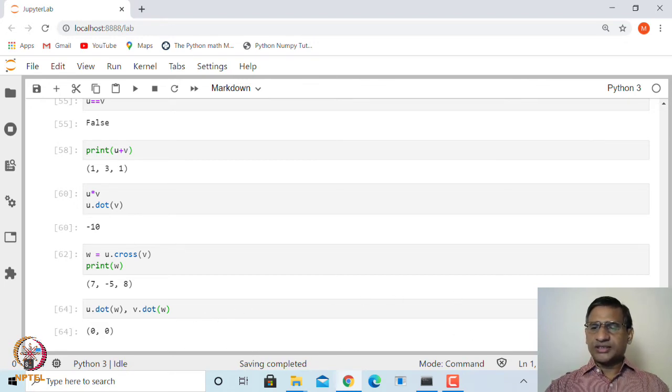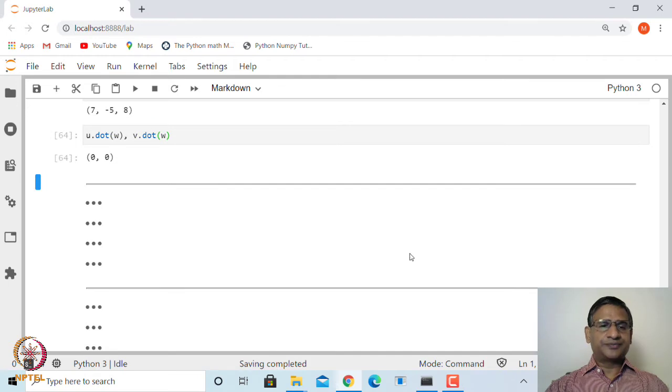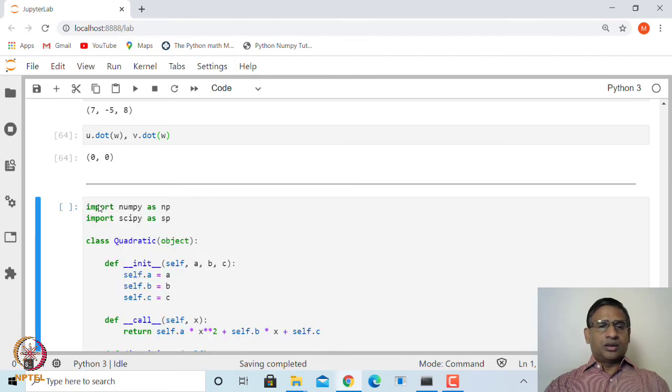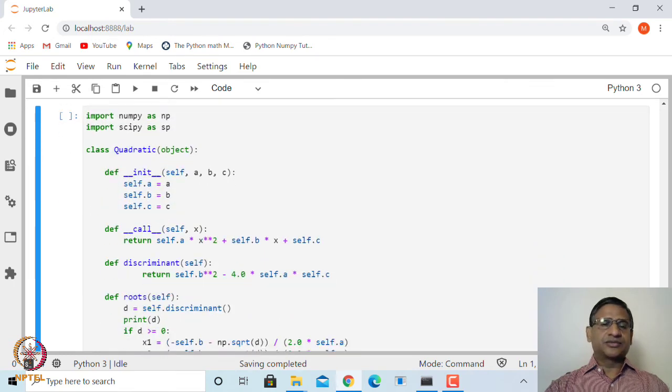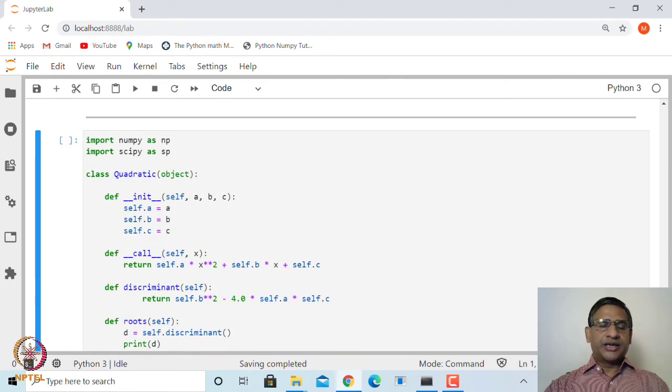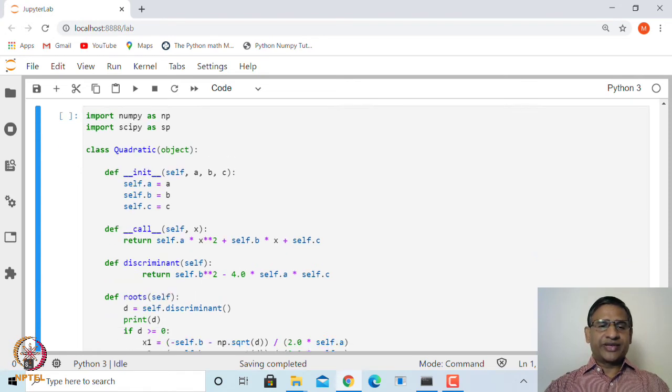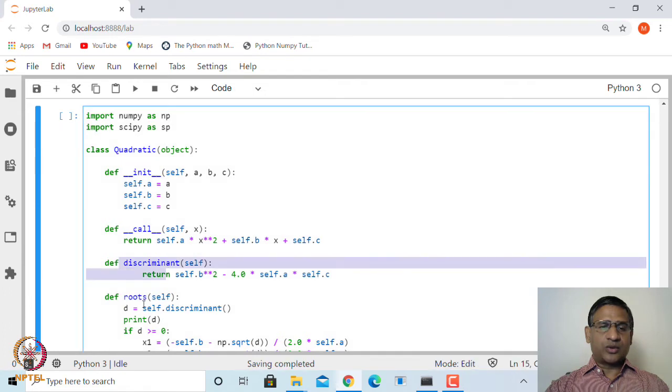Okay, next let us create another class called quadratic, to solve a quadratic equation. In this case we also will print the discriminant and the roots.